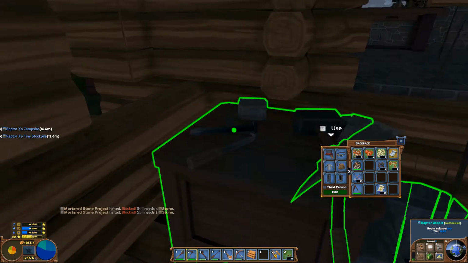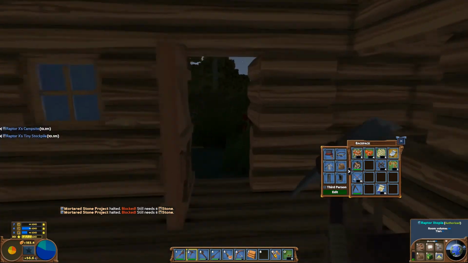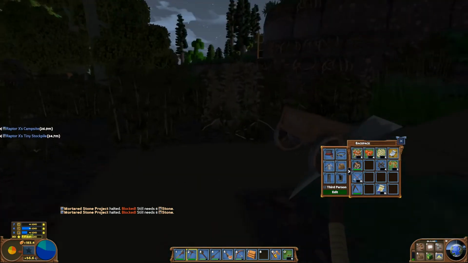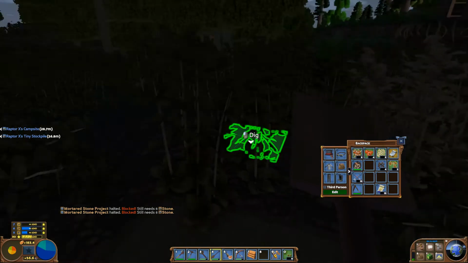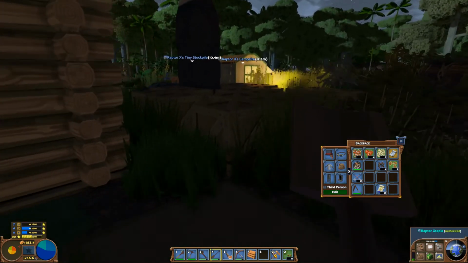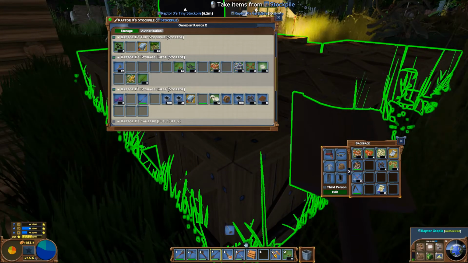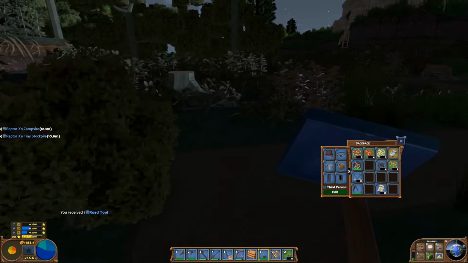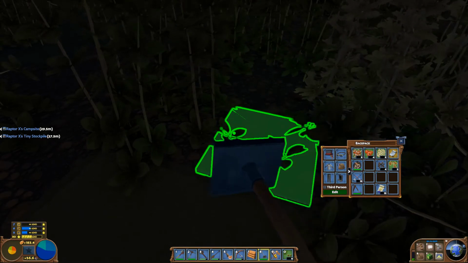Perfect. Okay, so we're going to go ahead and see if we can mine some more. There we go. Iron ore, and stick that into our crafting and get that working, and make enough iron ingots that we can make an anvil, because that will allow me to make iron tools, and those greatly reduce the amount of upkeep on them,